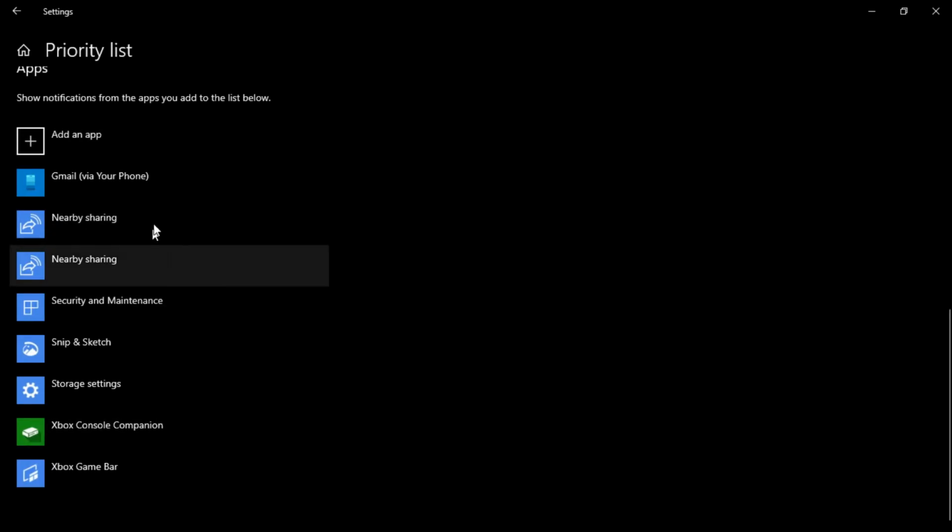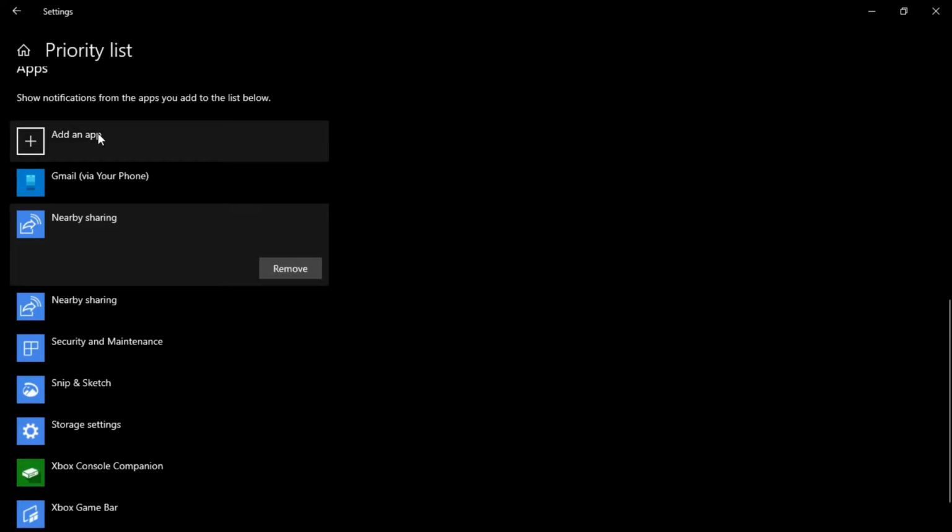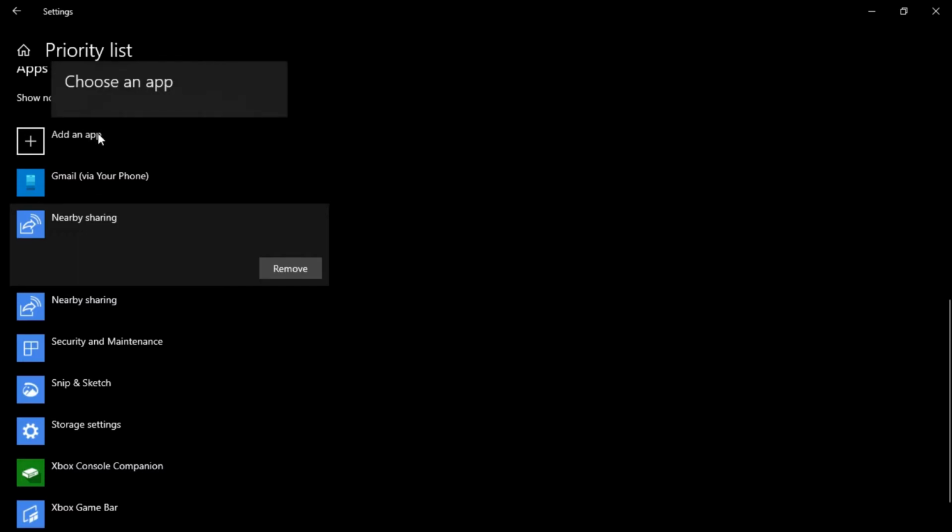For example, if I don't want nearby sharing option, I can simply click on it and click on remove. Or if you want to add a new notification, then click on add an app.